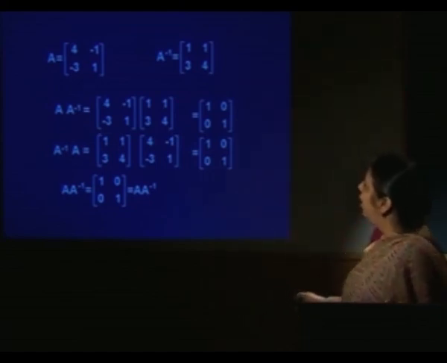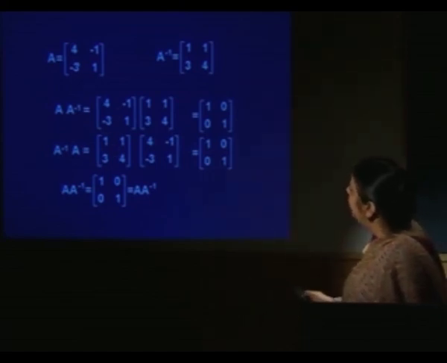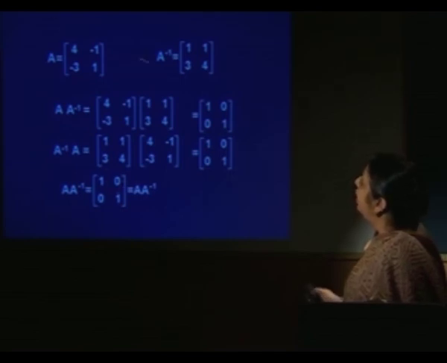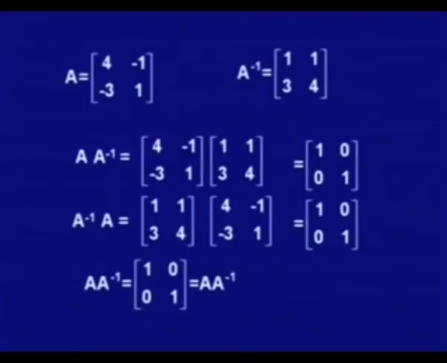So, I again consider A as this and A inverse as this, multiply them, and one can prove that this is also the identity matrix. So, you can say A A inverse is the same as A inverse A, and both of them are the identity matrix. So, we say this matrix is the inverse of this matrix A, or for this given matrix A, this is A inverse. So, this matrix A is non-singular, or we say this matrix is invertible.